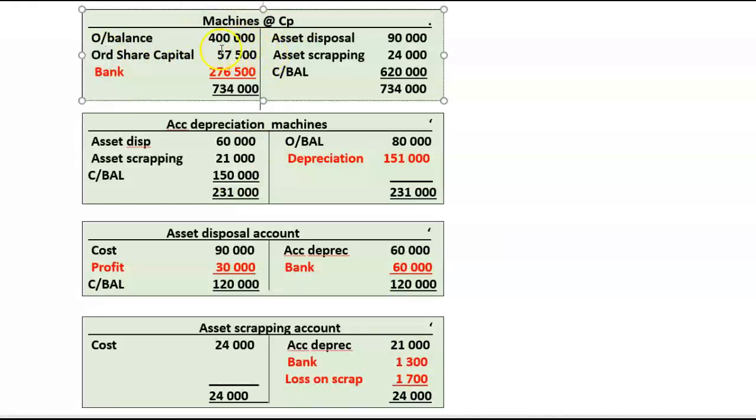On the debit side, we would have debited our assets with 57,500, and we would have credited our ordinary share capital with 57,500. There's no cash flow involved there, guys. There's no bank underlying. I debited machines, I credited capital. That was my entry. So therefore, the balancing figure that we're looking for is the 276,500, and that then represents